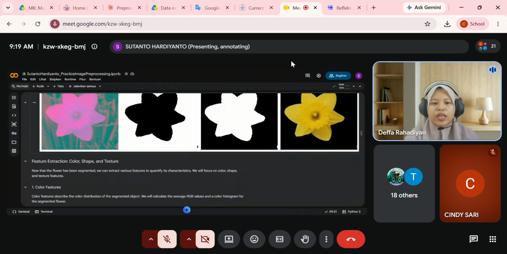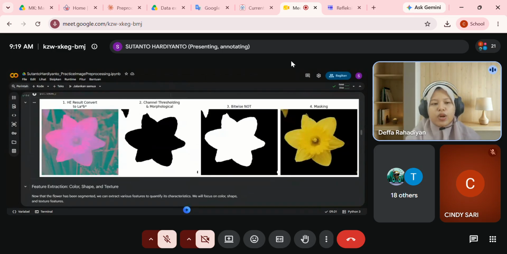Okay, good. So in here, based on your code, we can see that the system can select only the flower, which in here is only the yellow color. In here we found out that we have other yellow, not only in the middle but on the left side, a small patch of yellow.